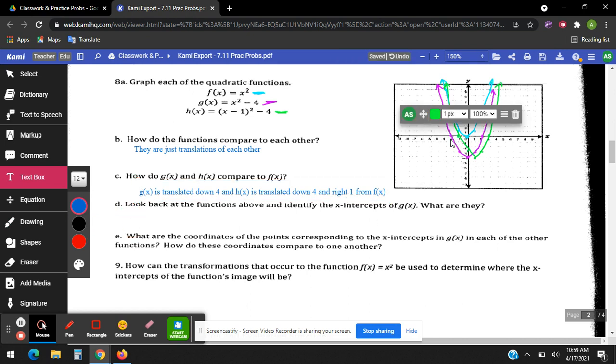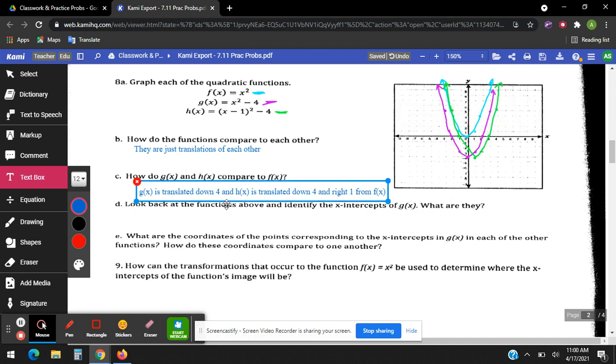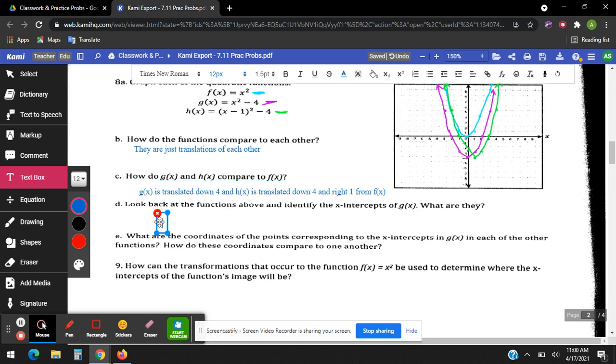So that's the purple one. 2 and -2. So they are (2, 0) and (-2, 0). And what are these coordinates? What are the coordinates of the points corresponding in the other functions? So in our green one, because it's (0, 0) in f of x, but our green one, our two coordinates are